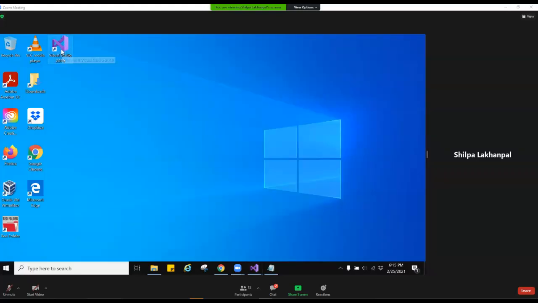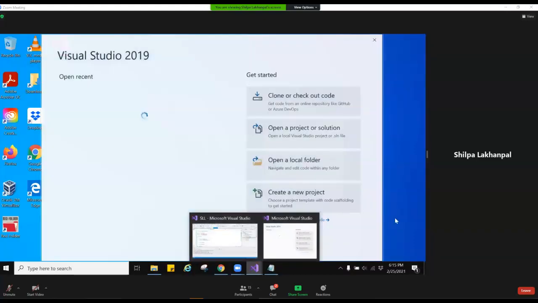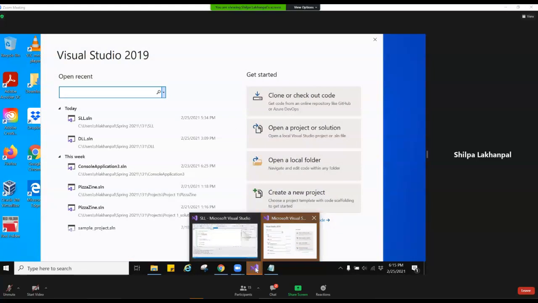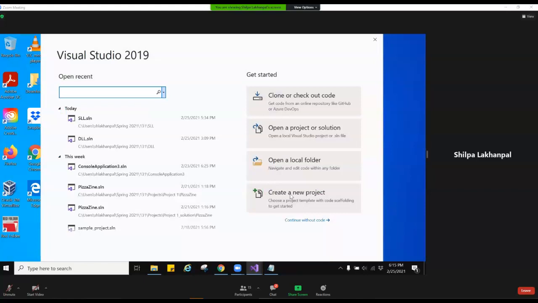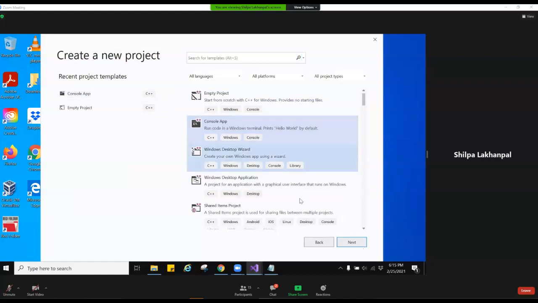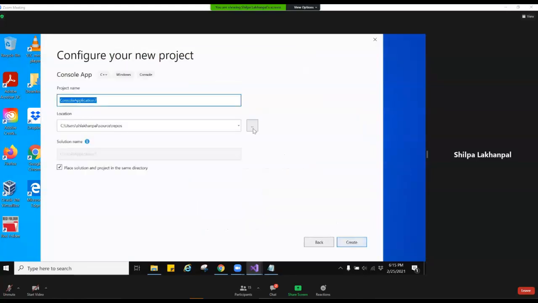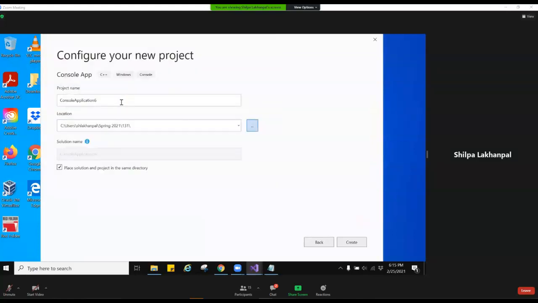So then I will actually create another project. Let me create a new project, and then click on console app, then click next, then saving it in the 131 folder, and now let me call it DLL.